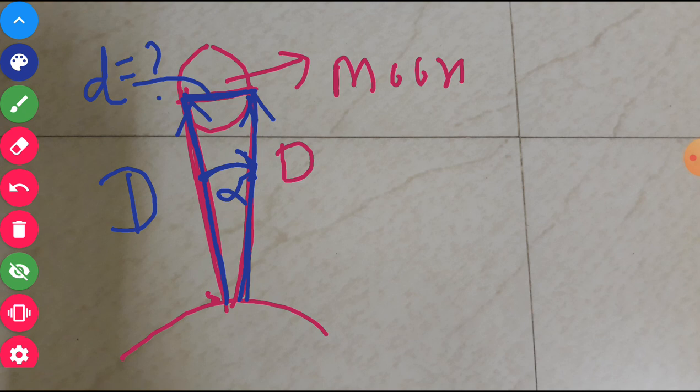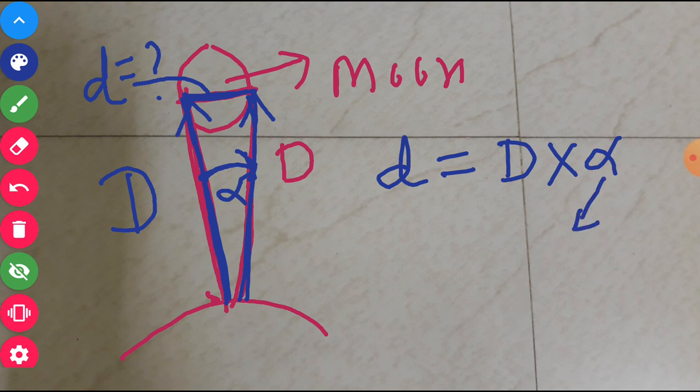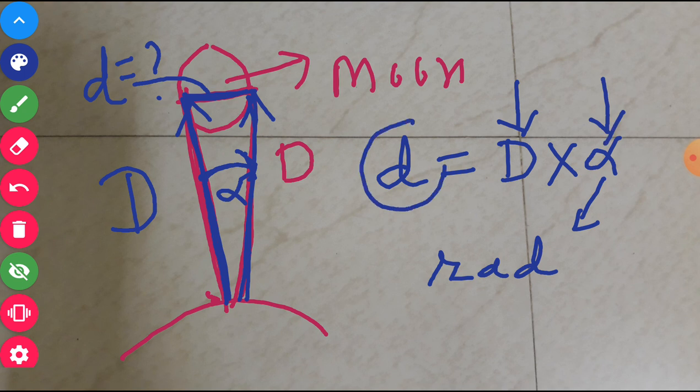So again, this becomes your arc. So arc is equal to radius, again radius will be capital D, into the angle alpha. Now this alpha will be very small. Again you have to convert that alpha into radian, and you can multiply this distance by this value of alpha, and you will get the size of the planet or moon, whichever celestial object you are viewing from the earth. Try to understand this part.